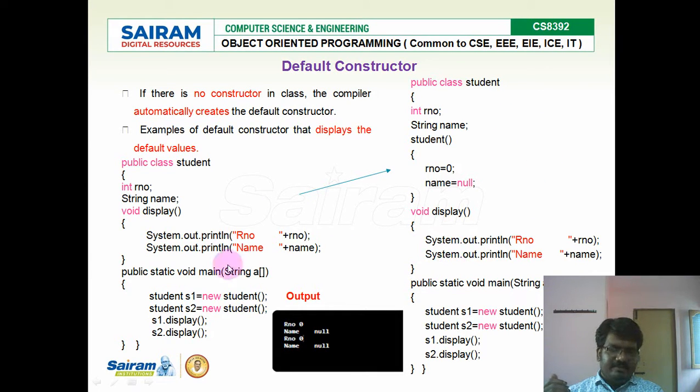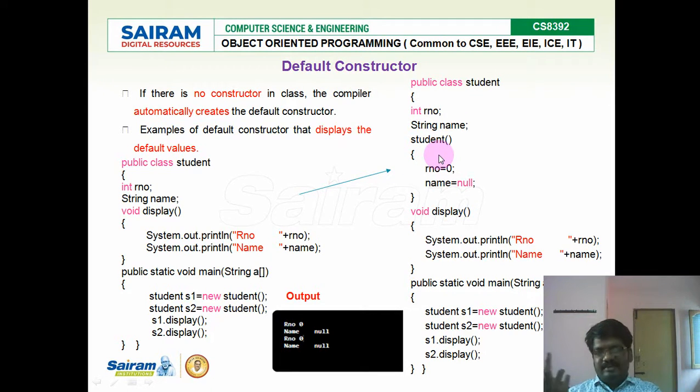See here, the same program is rewritten. Intentionally, the default constructor was written inside. This is actually created automatically by the compiler, but for understanding, I wrote the default constructor over here. It is a public class, same as before, with two member variables, one display function, and public static void main. Two objects are created, the default constructor will be called, and memory is allocated, then S1 display and S2 display, same as before. So here I intentionally inserted code for the Student default constructor. The function name is the same as the class name, with no parameters and no return type. Hence it is called the default constructor.